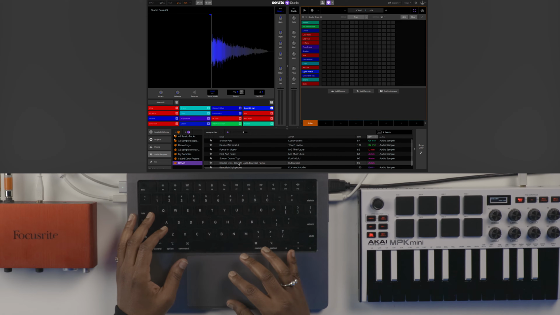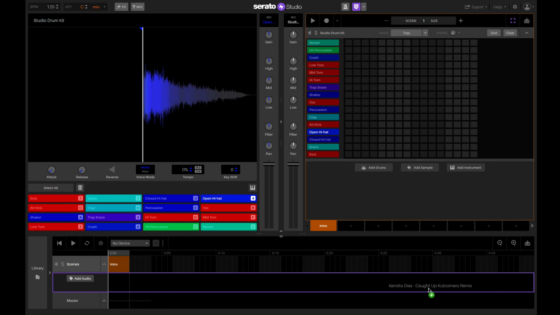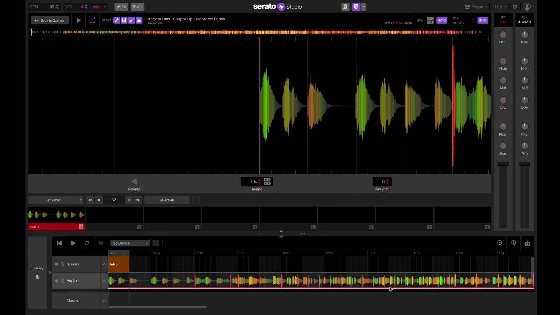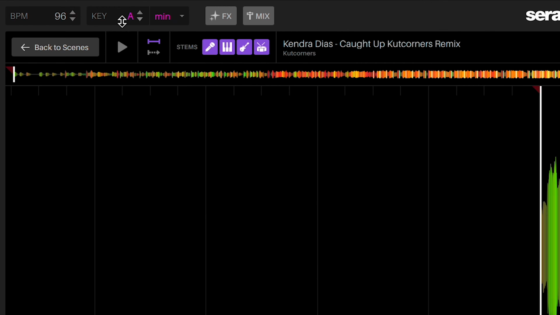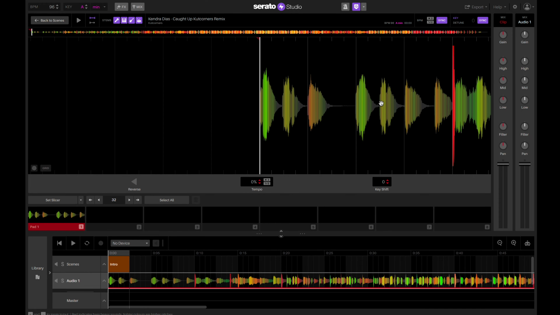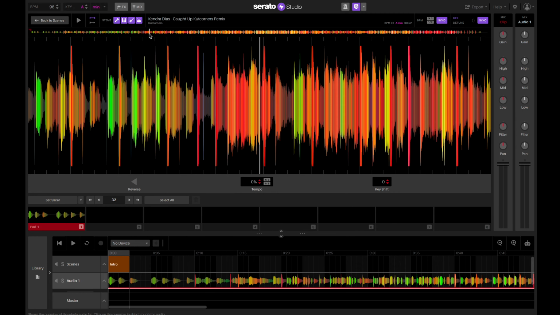So here is the track, and I'm gonna load it into Serato Studio. It's a beautiful sounding track. I'm gonna click and drag it over here to the song view and drop it in, right? And so what happens automatically is that it gives me the key of the song, which is A minor, and it also gives me the BPM, which is 96 BPM, right? And it also sets the grid for me, right? So as I go through the song, I can see that all the beats are kind of lining up perfectly